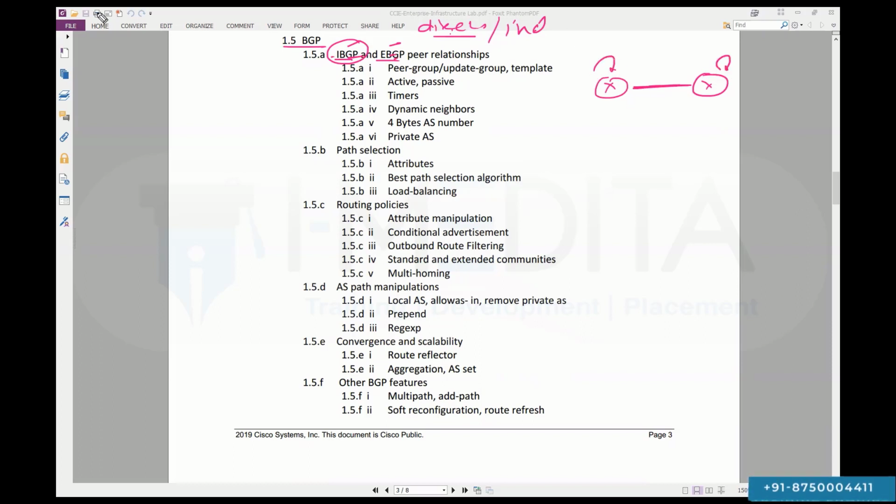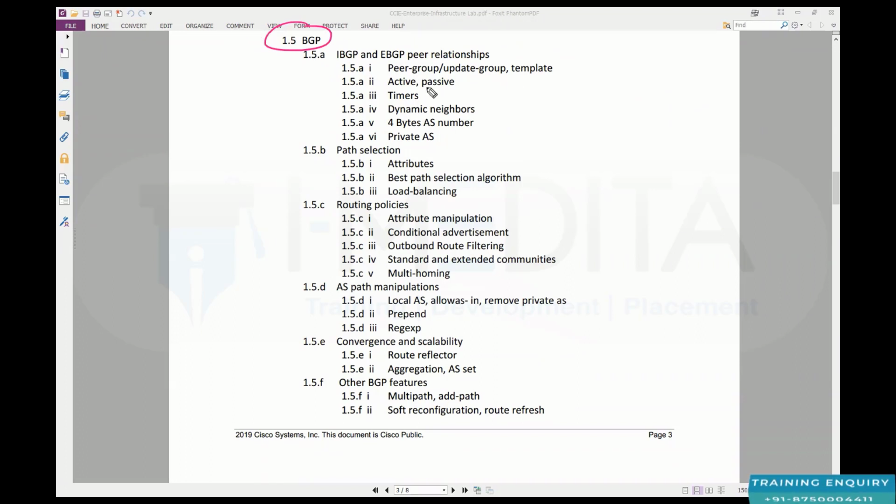BGP is one protocol that can also establish the neighbor relationship on the loopback IP. There is a reason why you would choose to establish the neighborship on the loopback IP. We'll talk about that in great detail, but we have to focus on all the types of BGP neighbor relationship as per our content. We have studied so far that in BGP, everything has to be statically configured, for example,